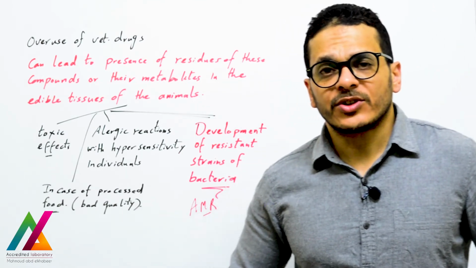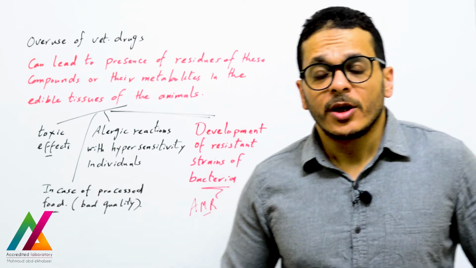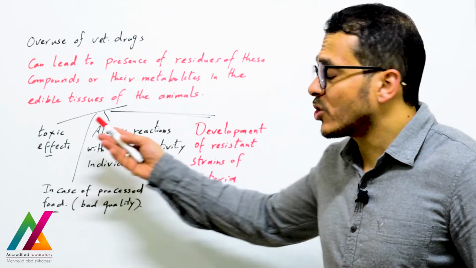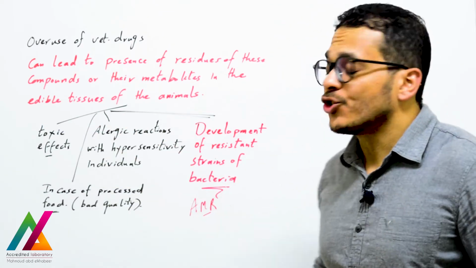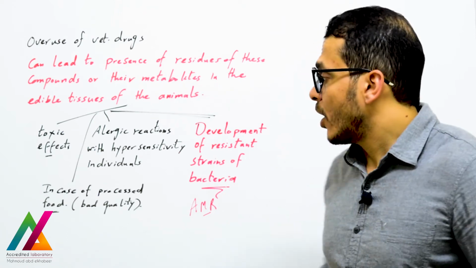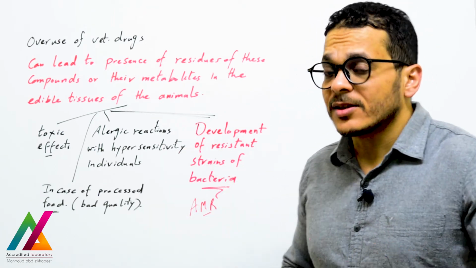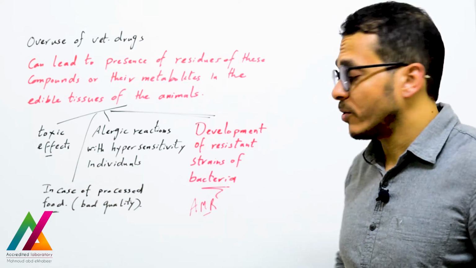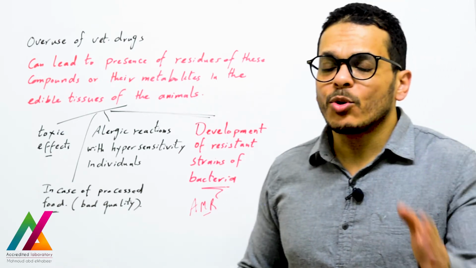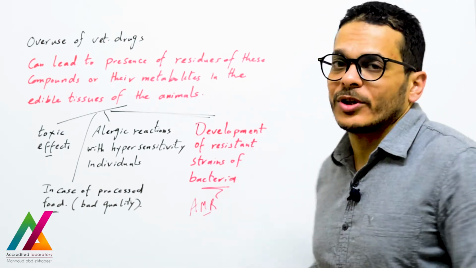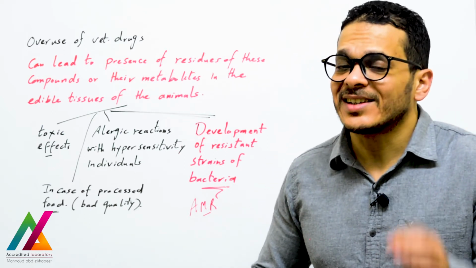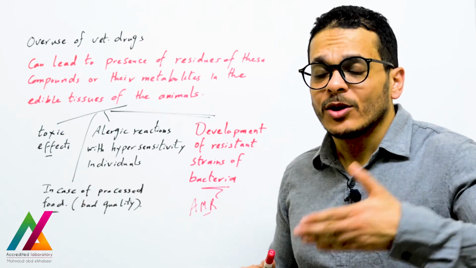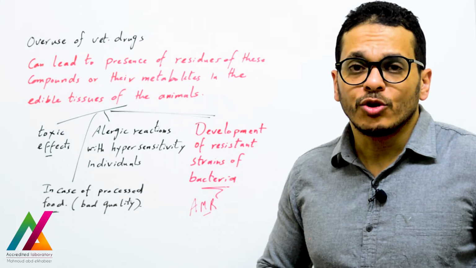Why do we need to analyze veterinary drug residues in the food of animal origin? Because these residues will be transferred to the human, and so can cause toxicity for some individuals and allergic reactions for individuals who have hypersensitivity against some antibiotics, and can also affect the final products of processed food. And a very important point is that it will be responsible for the development of resistant strains of bacteria, and this is very dangerous because after that these antibiotics will not help for treatment of humans and animals.